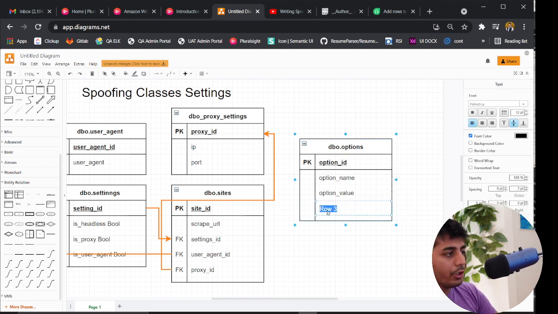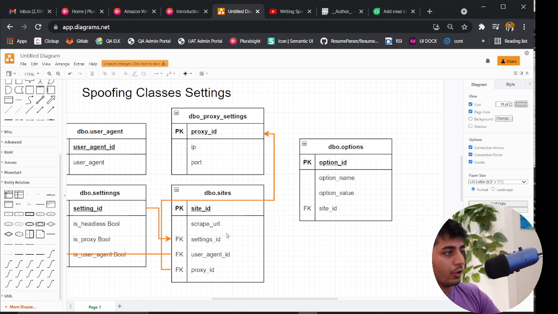And then remember, you need to have a site ID, because a given site might have, for example, for site Amazon, you want to have incognito, you want to have disable SSL, right? So this one right here would act as an FK.